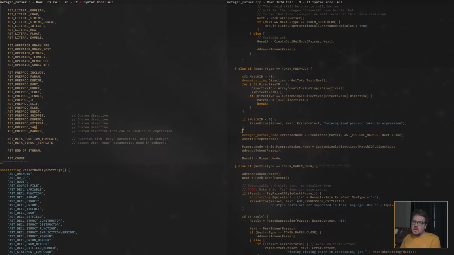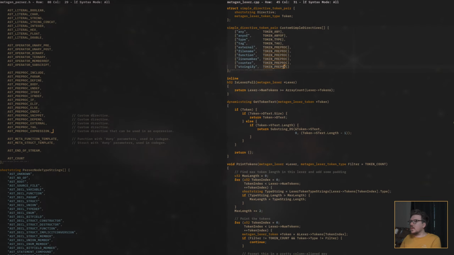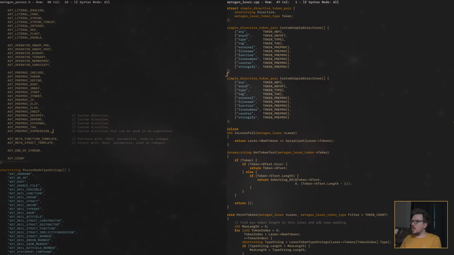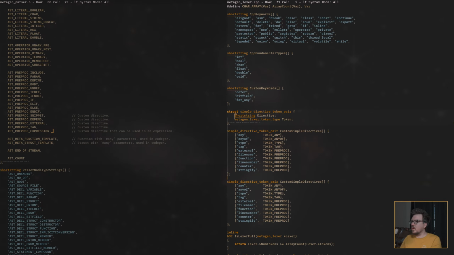So, because these can't be used, instead of marker, we'll say preproc expression. How about that? So in the lexer, these can all still be preprocs, but okay, here, simple directive, we'll call this directive token pair more generically. These are simple directives.